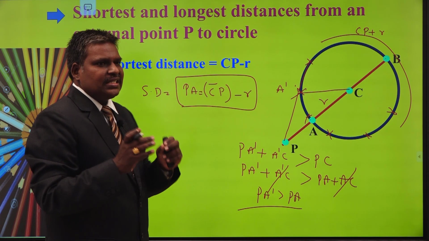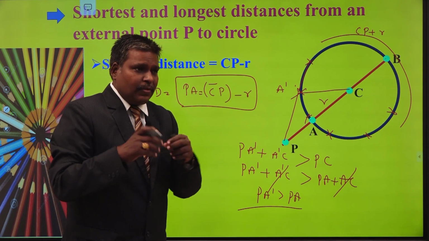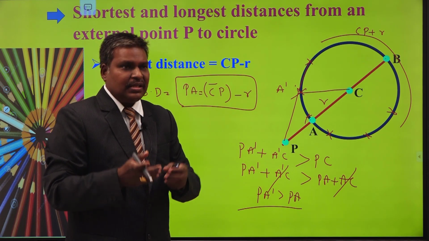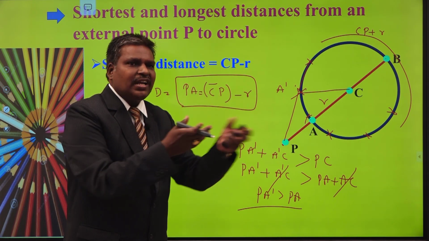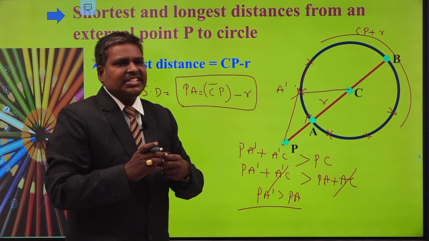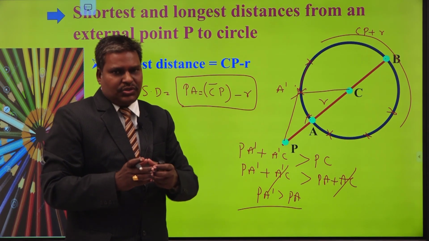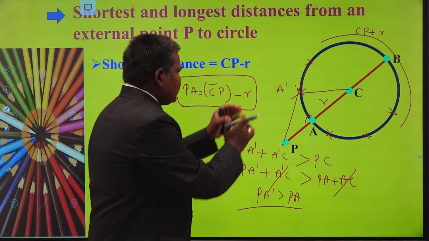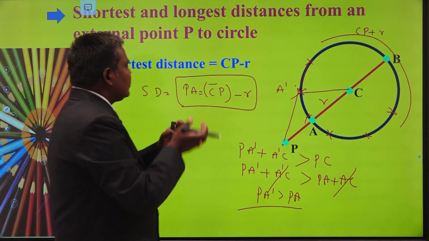Inside the house, what is the nearest distance from the point person to the house? There is no meaning. Some person is outside of his house, which is the distance from the point person to that house. That is meaningful. Understand? So sometimes in your problems, the point may be inside of the circle, so the formula